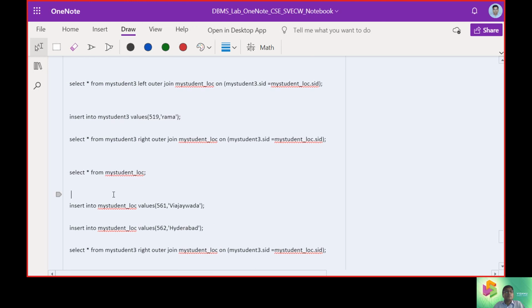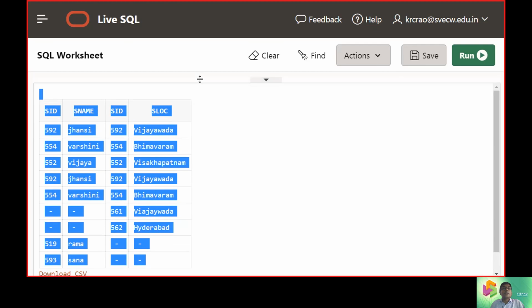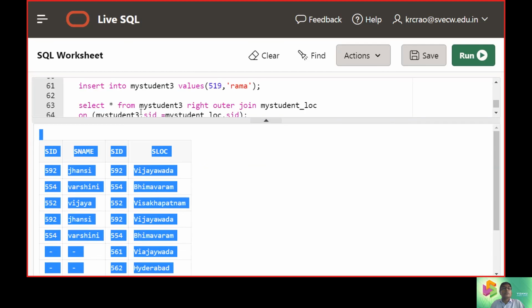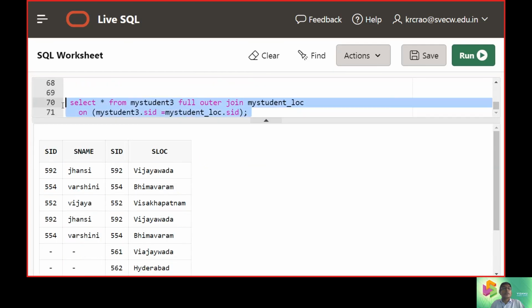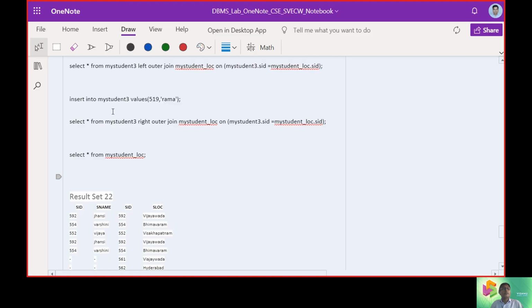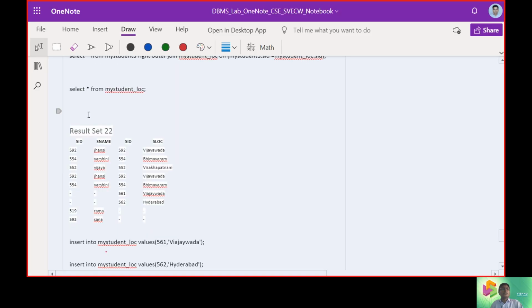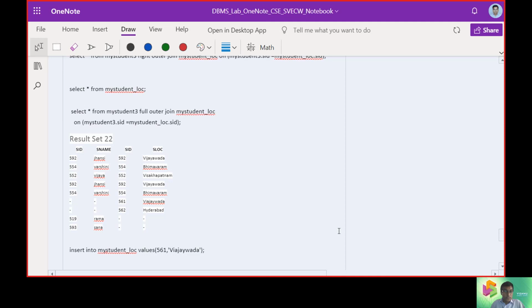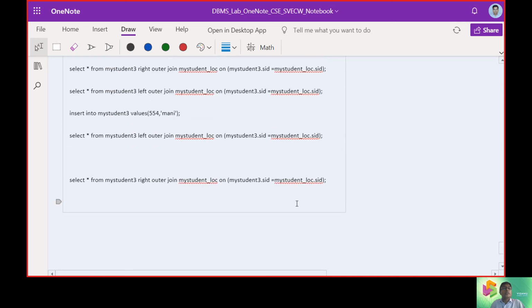So this is the query result set, and we can bring up the query also for clear understanding in future. So we got this as full outer joins.